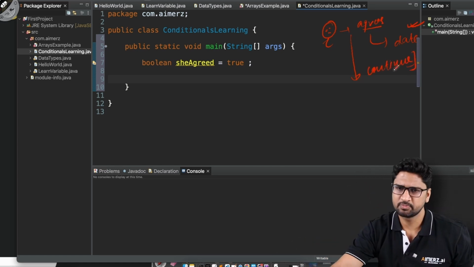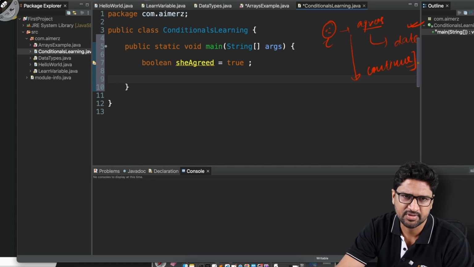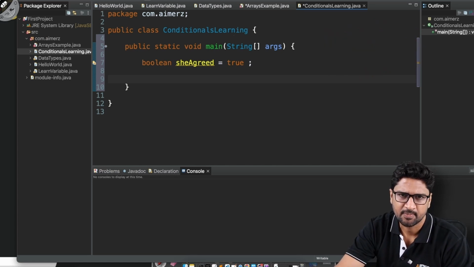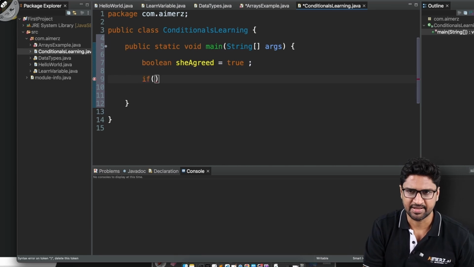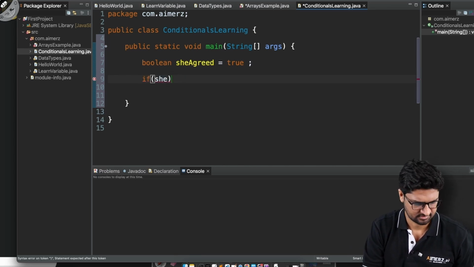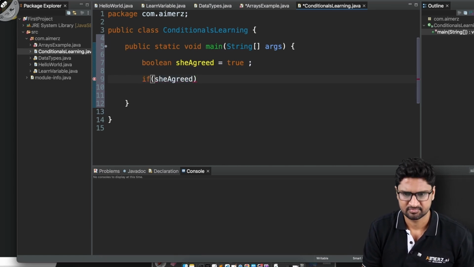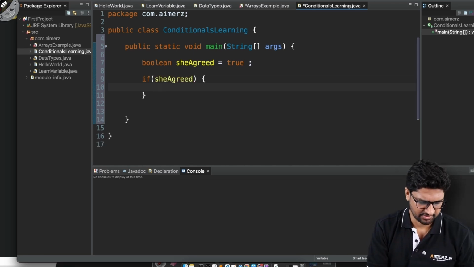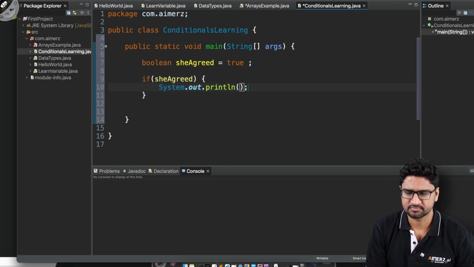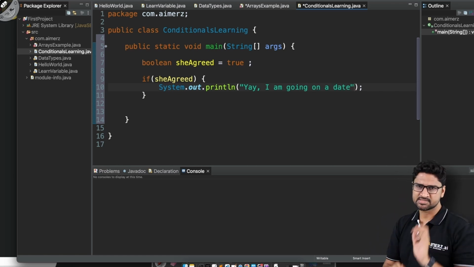To portray this condition, I can write something like this: if, and I say C agreed. And if she agreed, let me write this out: I'm going to say, yay, I am going on a date. Perfect. So I've written this if block,